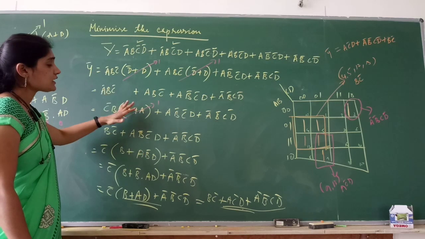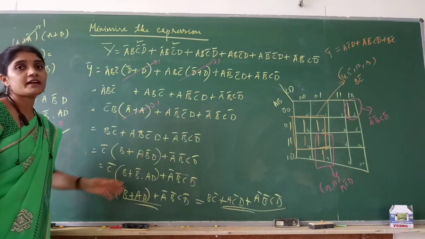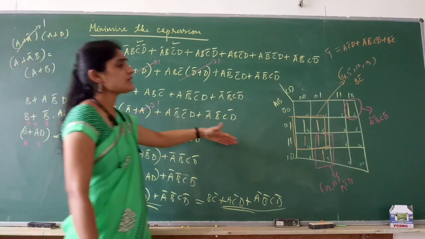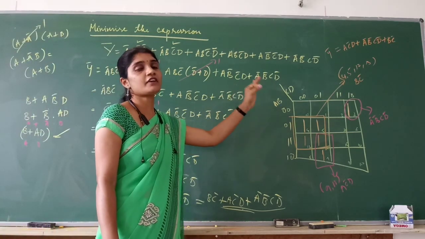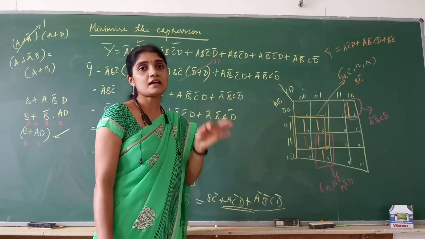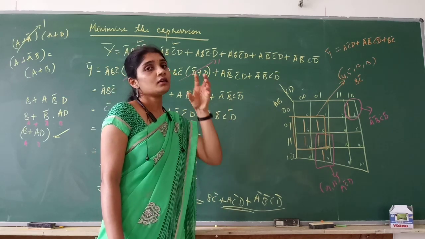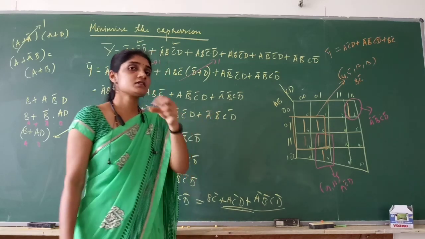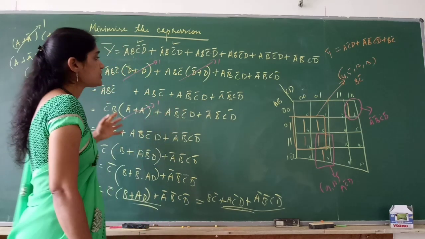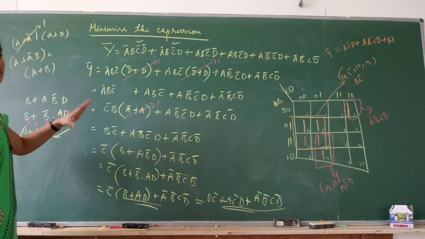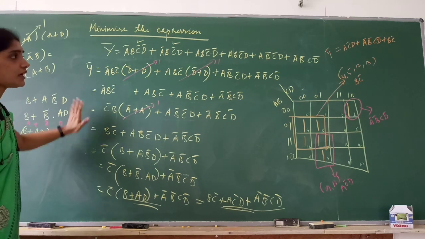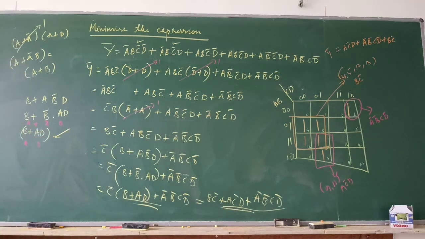So we have to be very careful, or we may not get the simplified equation when we apply the properties of Boolean algebra. So K-map is the simplest, fastest method of getting the simplified equation. So we have to learn K-map, we have to start using K-map, only then we can reduce the complexity of the IC, that in turn reduces the cost of the IC. So this is an example which clearly shows that K-map is the simplest method compared to the Boolean algebraic properties. Okay, so let us take up the next problem.